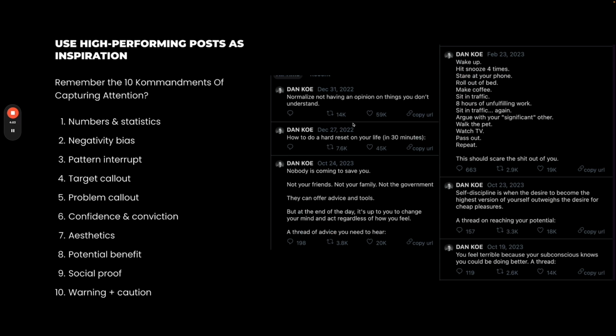Now, another thing you can do is to use your high-performing posts as inspiration for a potential headline. So if you remember the 10 commandments of engagement or capturing attention, there's numbers and statistics, negativity bias, pattern interrupt, target call out, problem call out, confidence and conviction, aesthetics of the post itself, potential benefit, social proof, warning and caution. So looking over some of my top tweets here, how can I use these to shape some of my